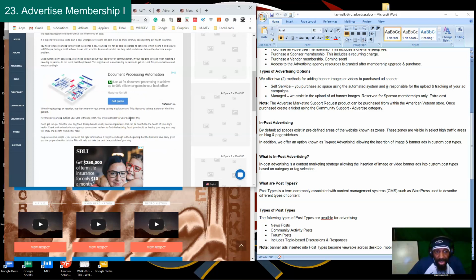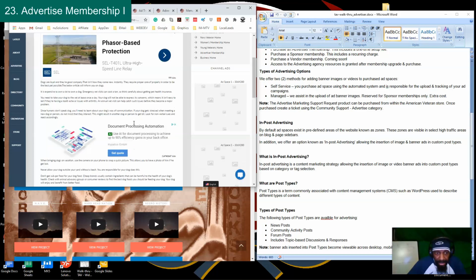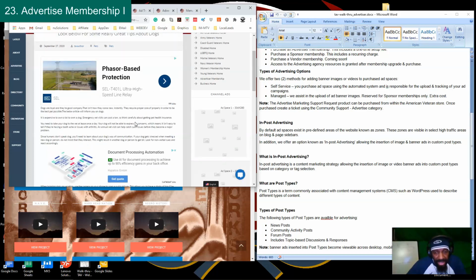You can also select, say, e-commerce products. I have an e-commerce website, so you'll be able to choose to have ads appear on the e-commerce website. And the same thing on projects. And on some of the projects, you can have ads at the top and at the bottom. So you'll have a lot of different options,